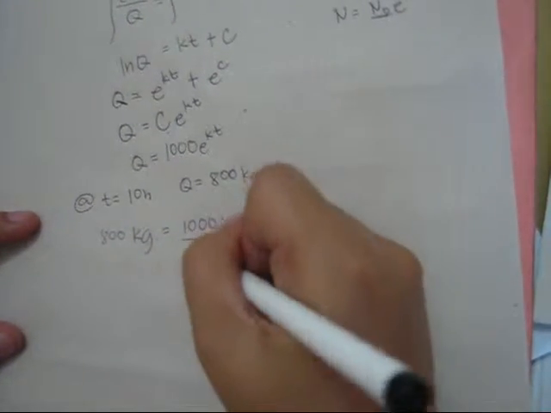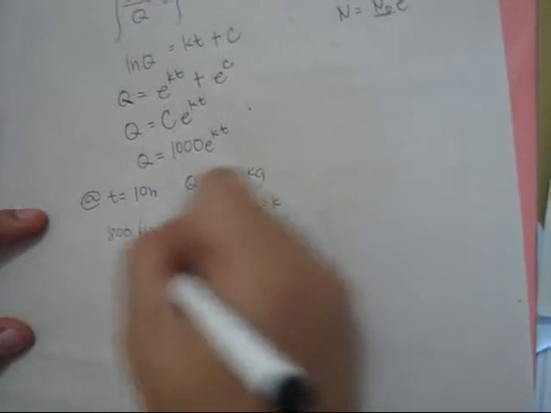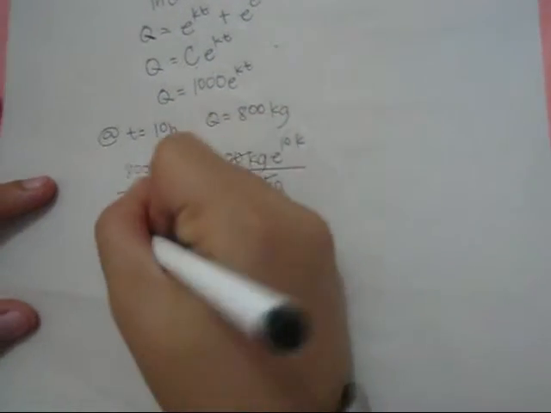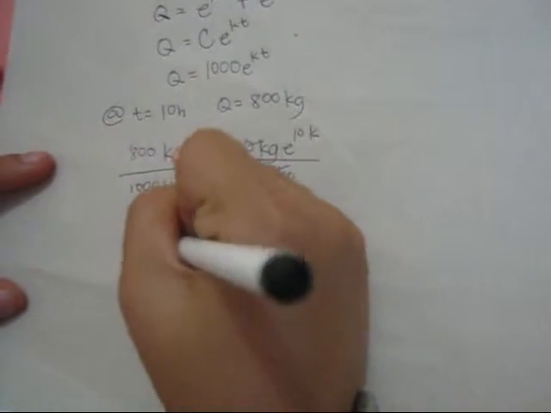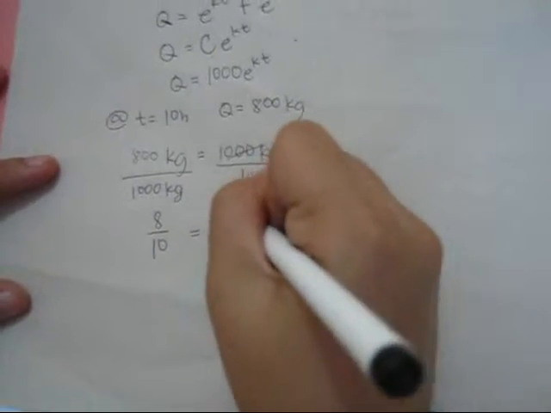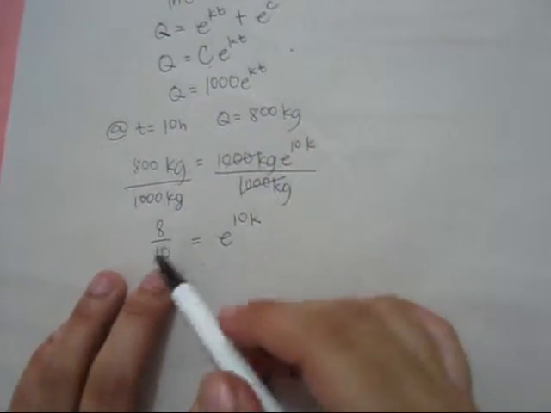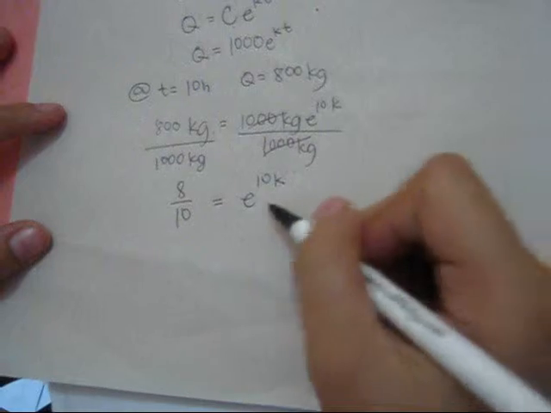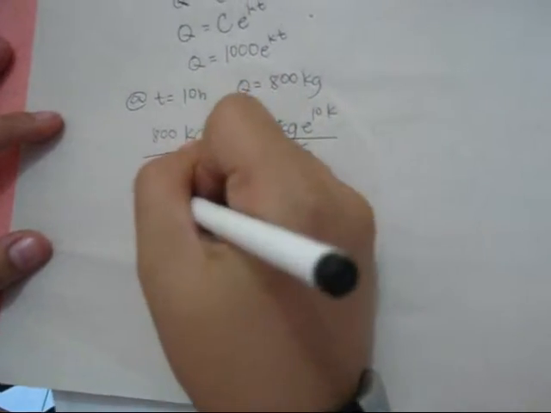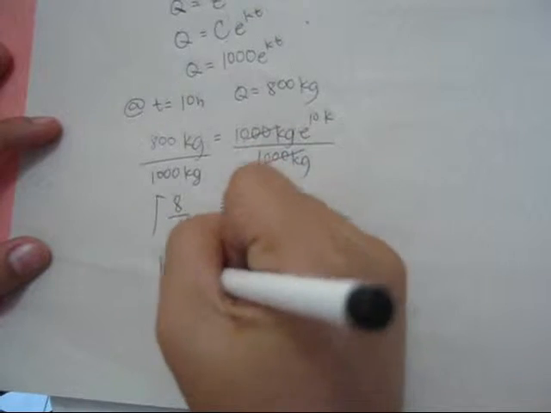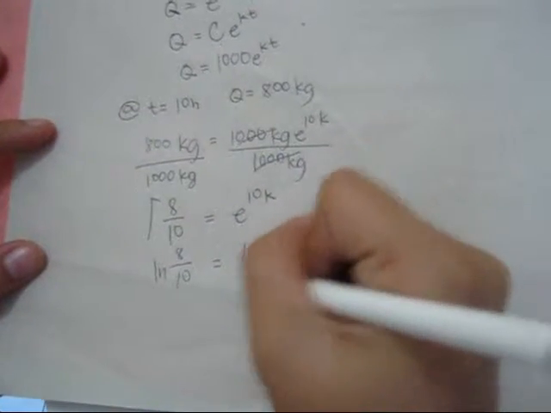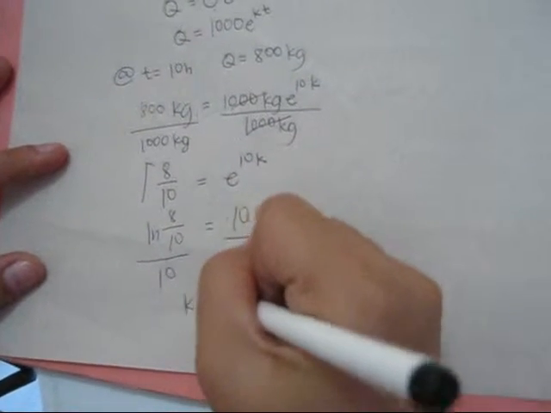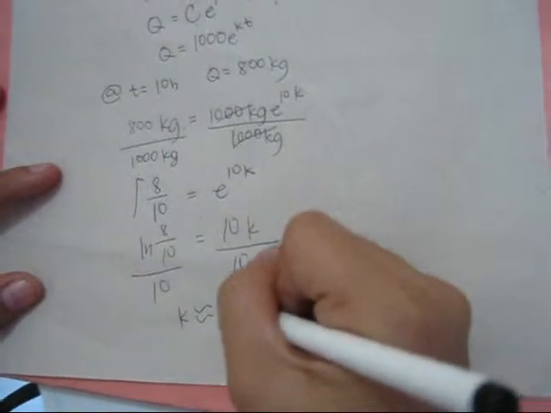Dividing it, we have 8 over 10 equals e to the 10K. So we have to get its ln so that this 10K will be there. Getting its ln, we have ln of 8 over 10 equals 10K, so K is ln of 8 over 10 over 10. Using the calculator, we have negative